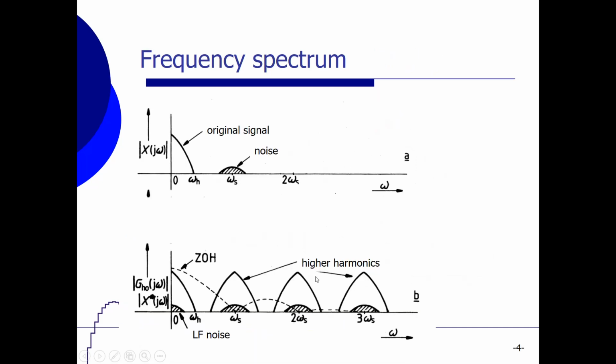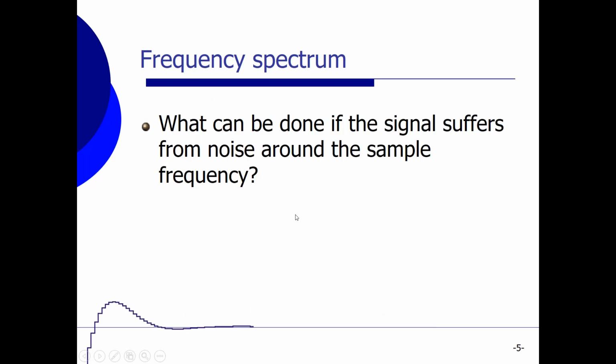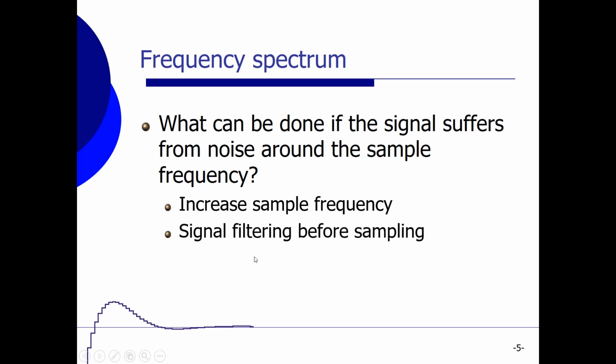Then we have another problem, and that is this case. In this situation, we have noise around the sample frequency. And when we have noise around the sample frequency and we start to sample this signal, we see that the noise is also popping up in all these frequencies which we get back due to the sampling. So we also have low frequency noise in my original frequency range. And to get rid of that noise, there are two possibilities. First of all, you can increase the sample frequency. That is a possibility, and a commonly used solution is that you filter the signal before you start sampling.